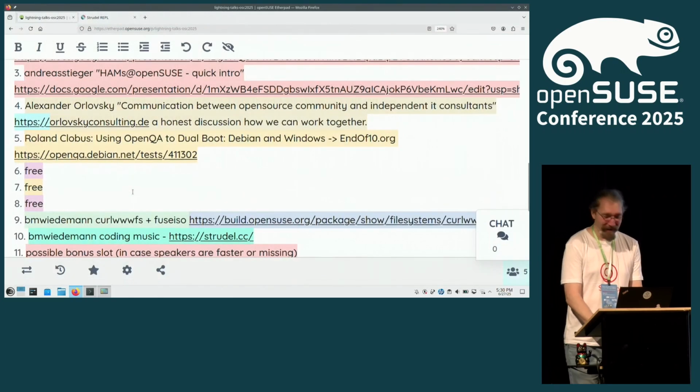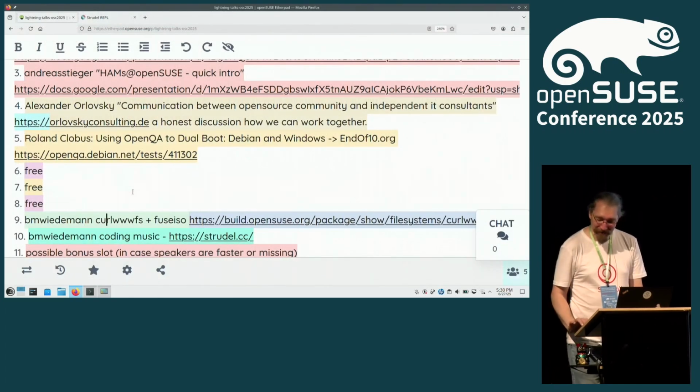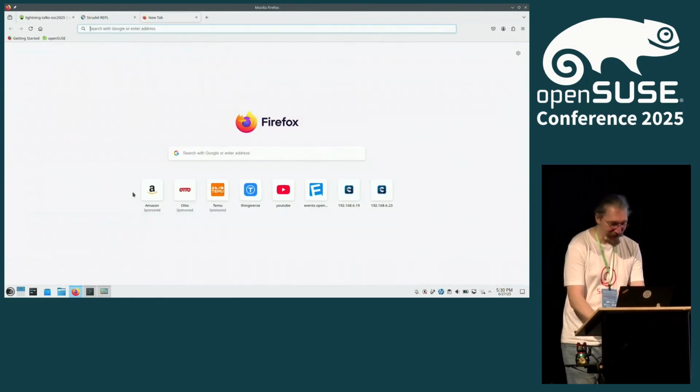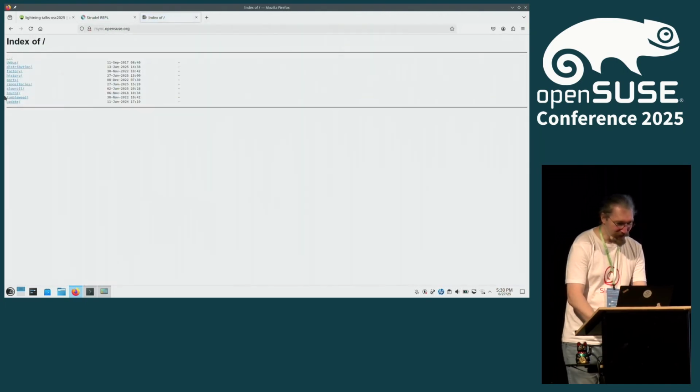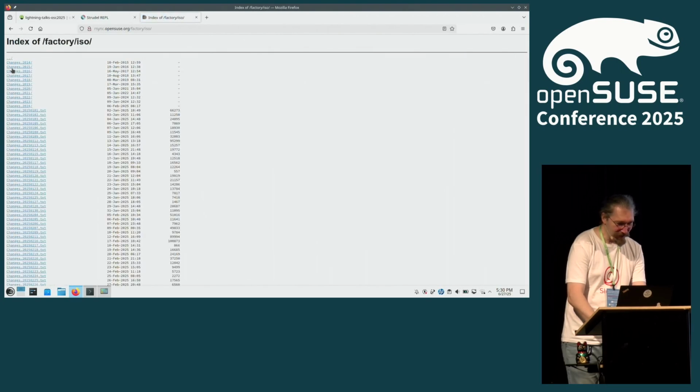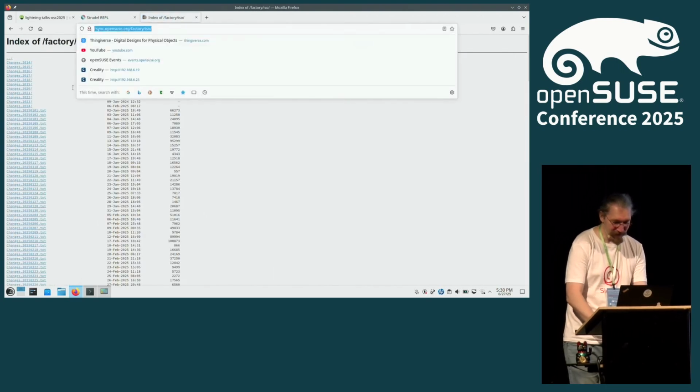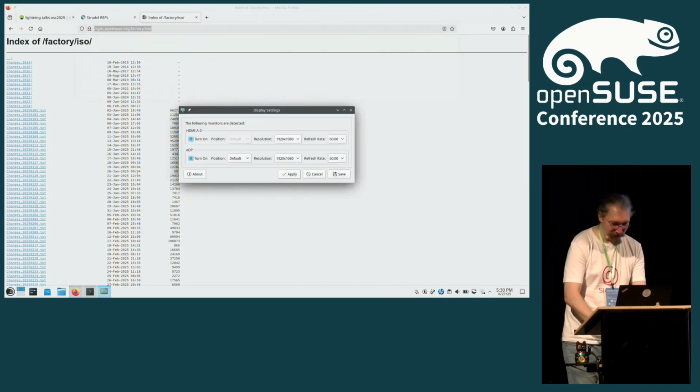And I will quickly show you how that works. So first, you need a web server. Let's take rsync.opensuse.org. And on there we have the factory ISO. Let's use that URL.